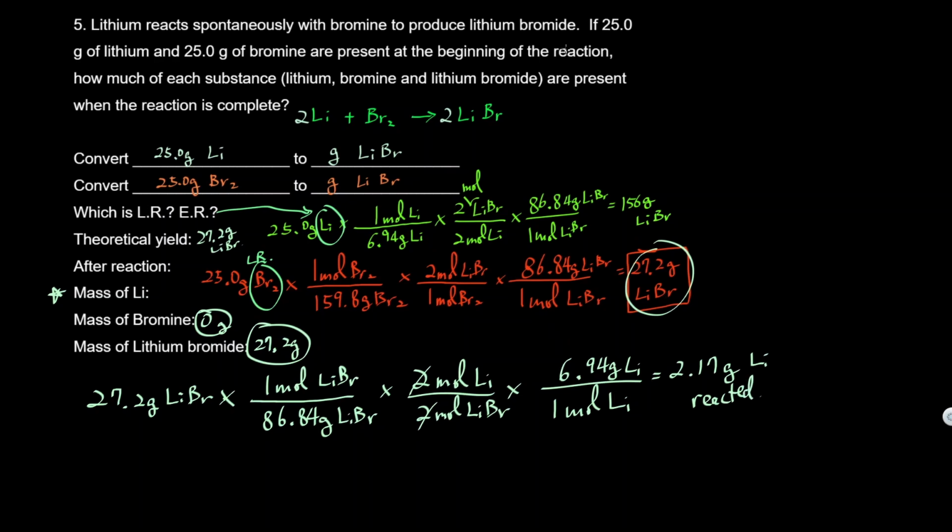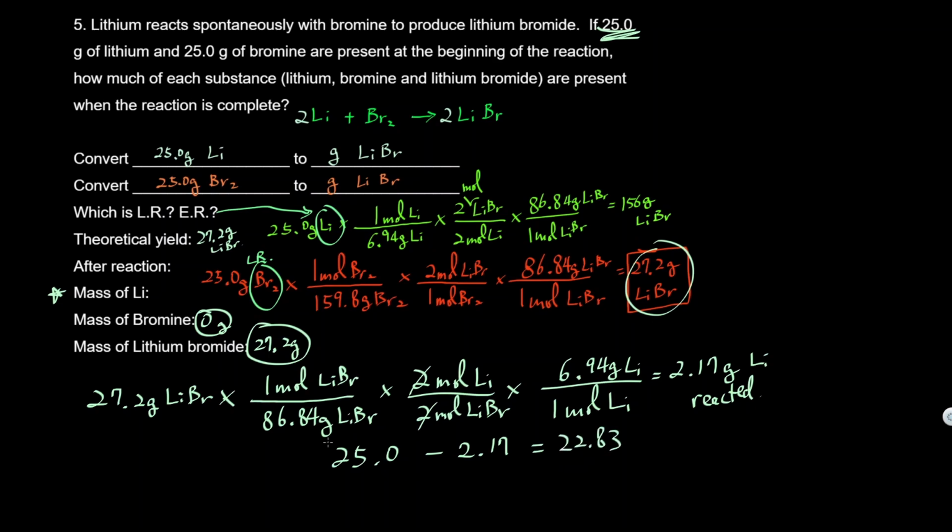We started with 25 grams of lithium. So from 25.0 grams minus 2.17 grams, which has reacted and disappeared, that's going to be equal to, so 25 minus 2.17 gives us